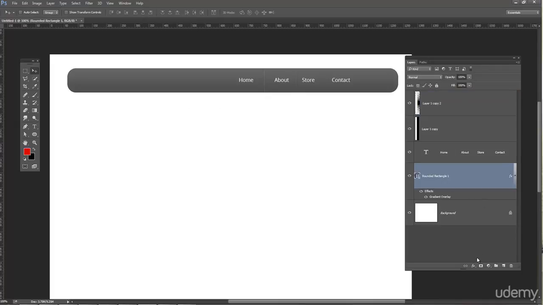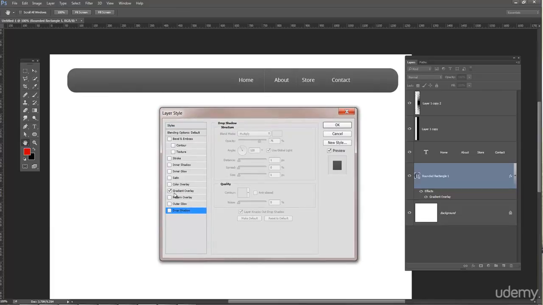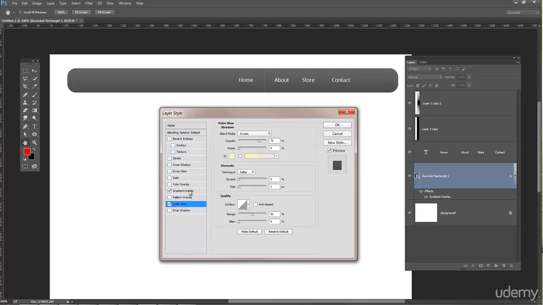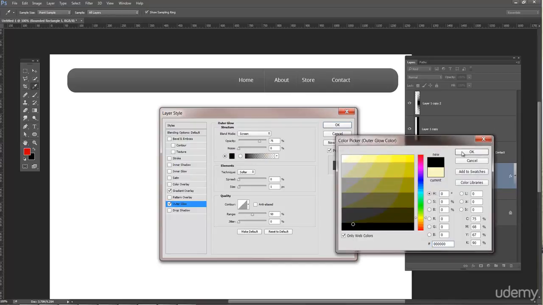Let's put a drop shadow on our rounded thing. Drop shadow. There we go. Actually, I don't like to do drop shadows because it makes the shadow go from one side to another. So the shadow will actually be going in this direction. If I'm doing a web design, what I'll try to do sometimes is just do an outer glow, but I'll make it a dark outer glow. So here's the outer glow, and I'll change the color of the outer glow to black,